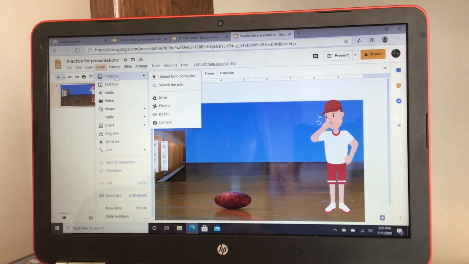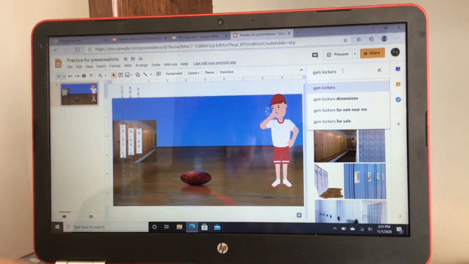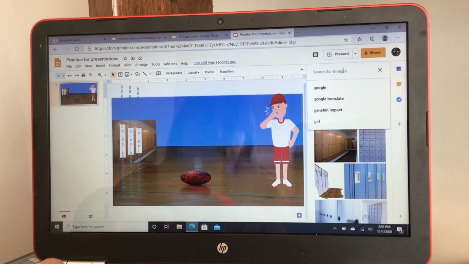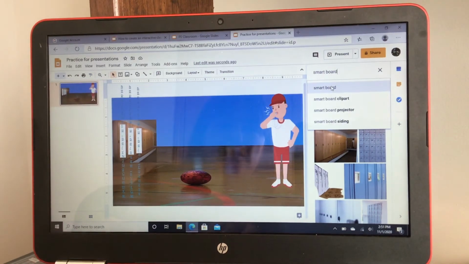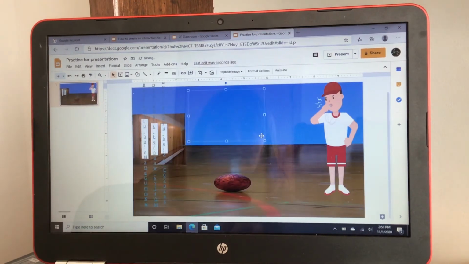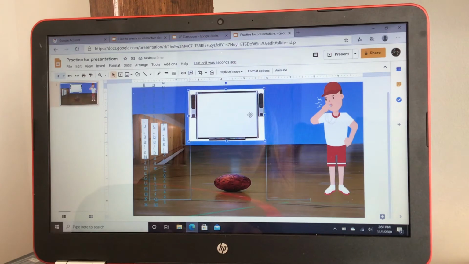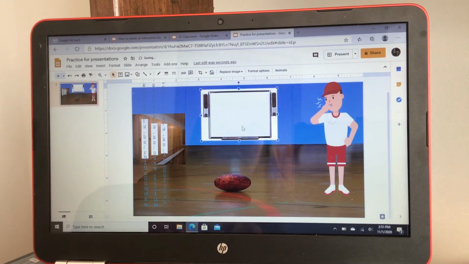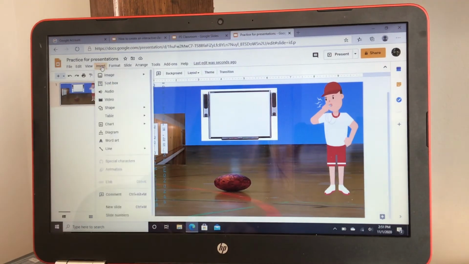Let's do an image from the web. You might want to put a smartboard, okay? Smartboard. Put this in here, insert it. You're going to put it on the wall, so that's kind of perfect, okay? You might just leave it right there. Okay, so then we're going to insert